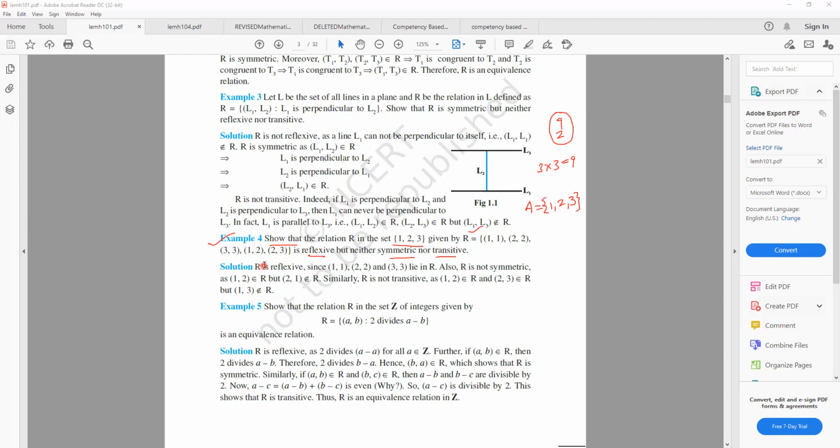तो if at least for one element सही नहीं है तो पूरा set के लिए सही नहीं है. If ऐसे कोई भी एक single pair है, A related to B है but B related to A नहीं है, तो it is not symmetric. हो सकते हैं बाकी सबके लिए A related to B, B related to A उसके अंदर होगा, but कम से कम एक को नहीं है तो it is not symmetric. So इधर दोनों को नहीं है, 1 related to 2 but 2 is not related to 1. 1 comma 2 रिलेशन में है but 2 comma 1 रिलेशन में नहीं है. 2 comma 3 रिलेशन में है, उसका मतलब 2 is related to 3 but 3 comma 2 रिलेशन में नहीं है, so it is not